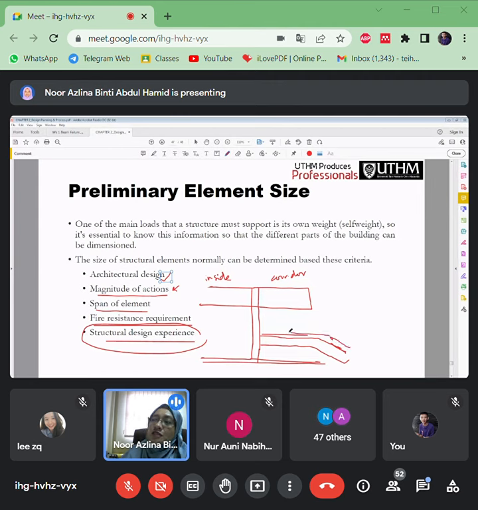OKU, naik wheelchair kan. So, you nampak sini space between the roof beam to the ground beam is not have any problem. It's good enough kan. So proud of my design here. But what happens once I just lump sum all the size of this beam to the corridor here? There's a lack of height clearance here.